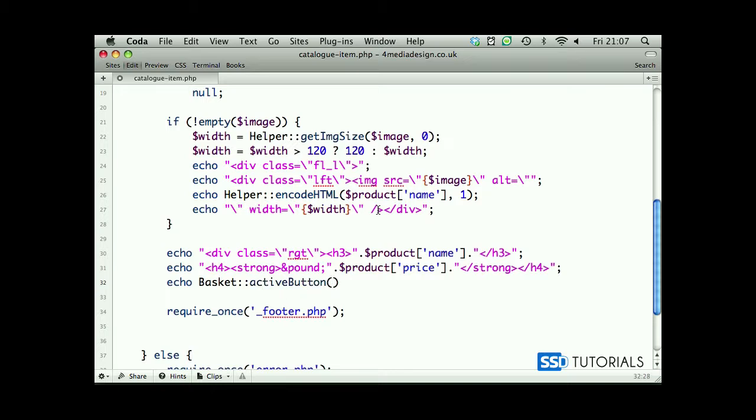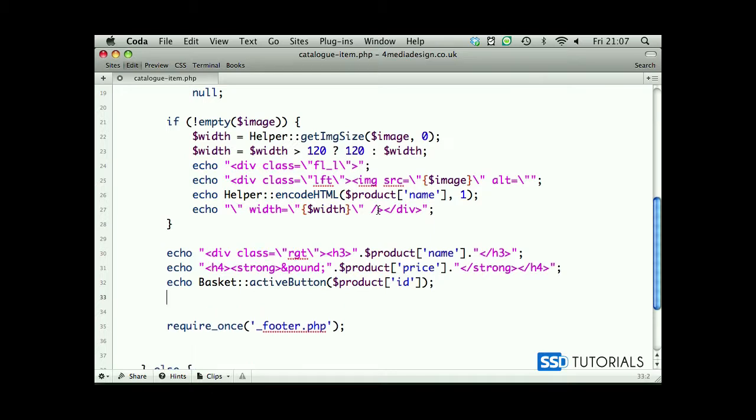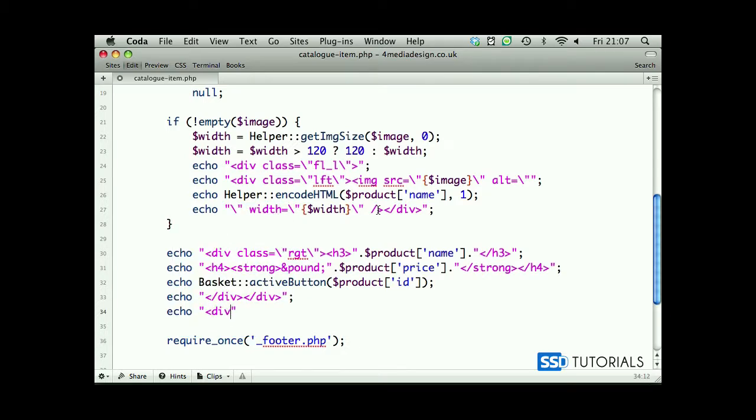Then we echo basket class and our active button. As you may remember, active button is adding and removing from the basket, and product ID is what we're going to be passing to this method. Then we echo in between the double quotes closing div tag and another closing div tag, then semicolon right at the end. Then we echo div with a class def,